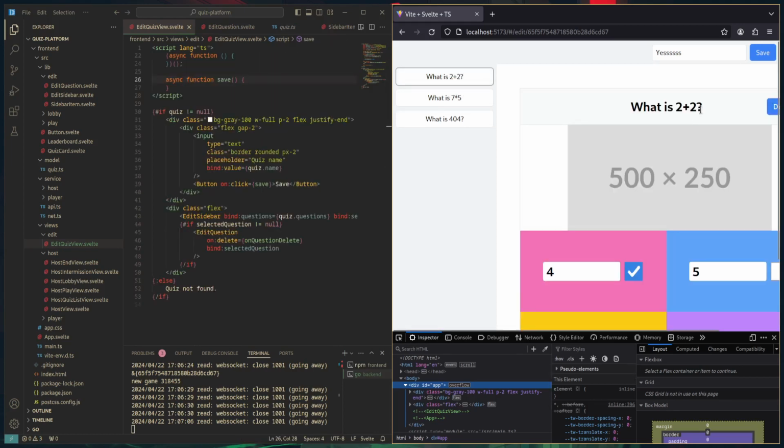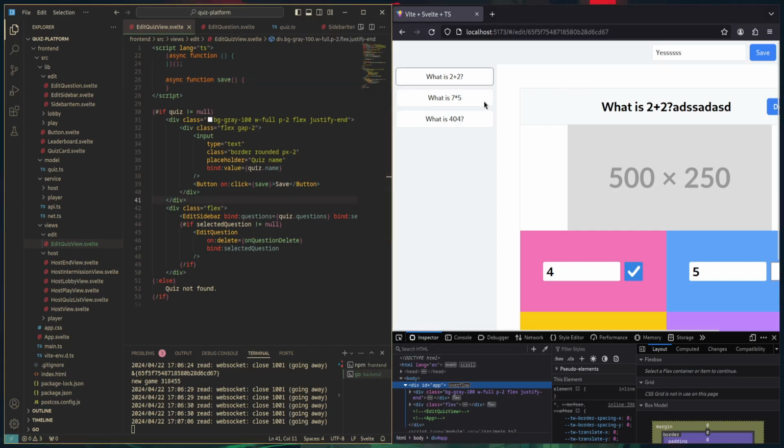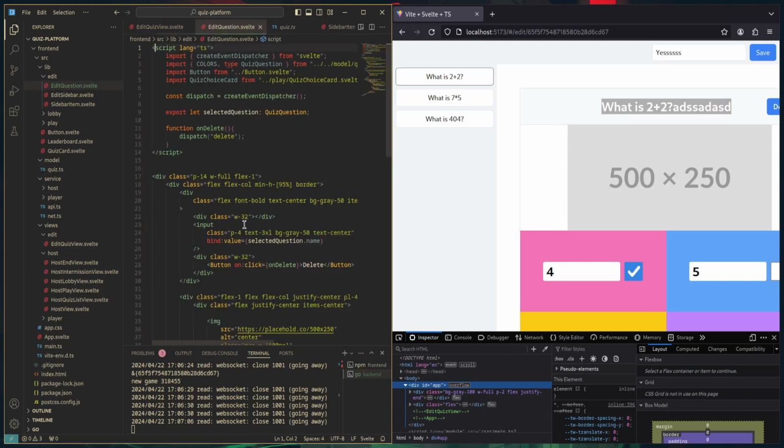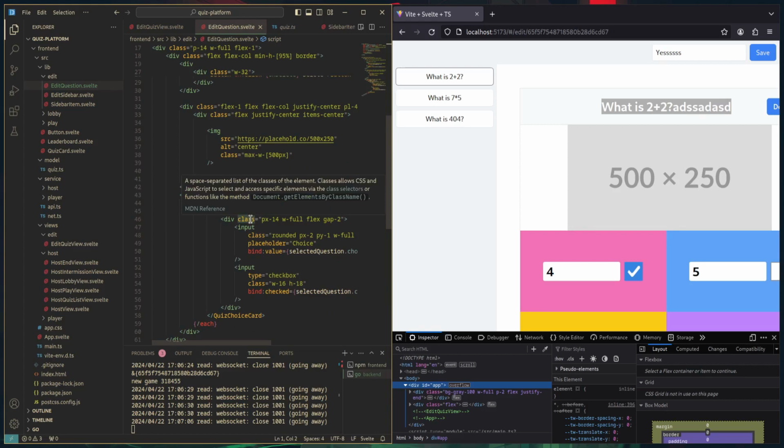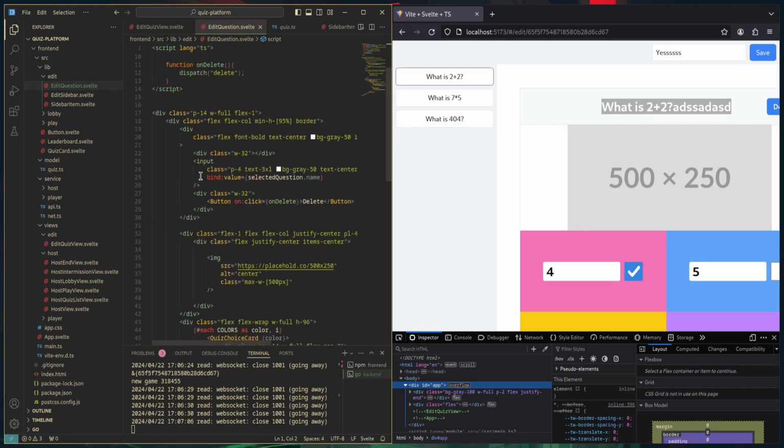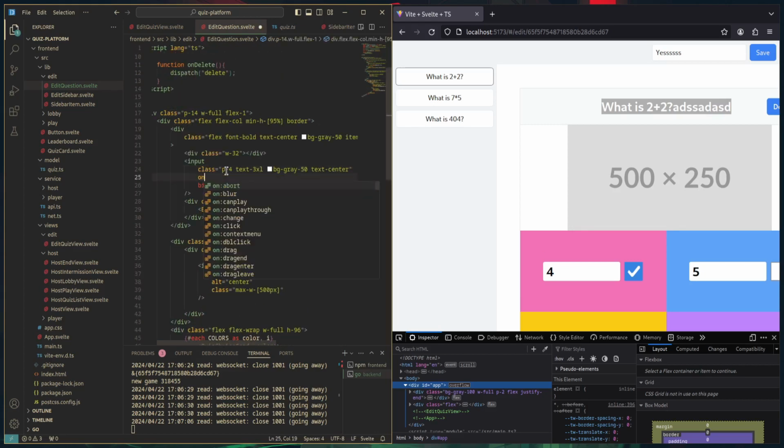So something that you might have noticed if you try this is that if we try to edit this, it won't actually update here. And that is because, well, it will update the actual object, but Svelte will not have known that this specific quiz was updated. So what Svelte listens to here is actually this quiz variable that we have. And Svelte doesn't know that it has updated since we are so deeply nested inside of it. So what we need to do here is a little bit, it's a Svelte quirk, so to speak. So whenever this value changes here,